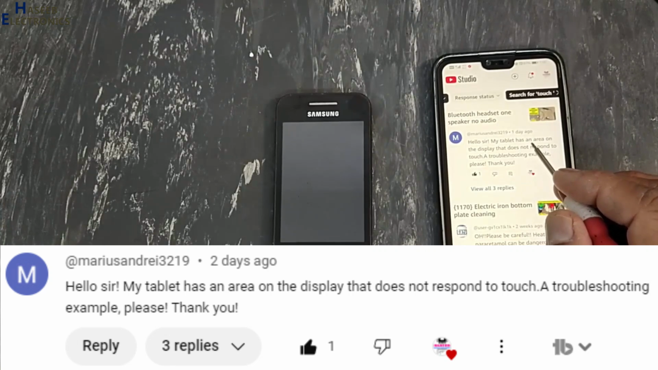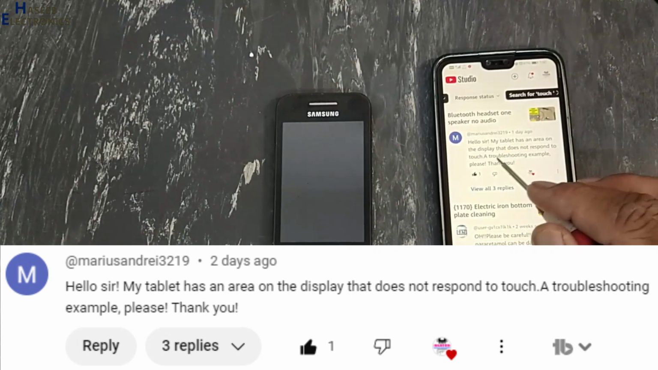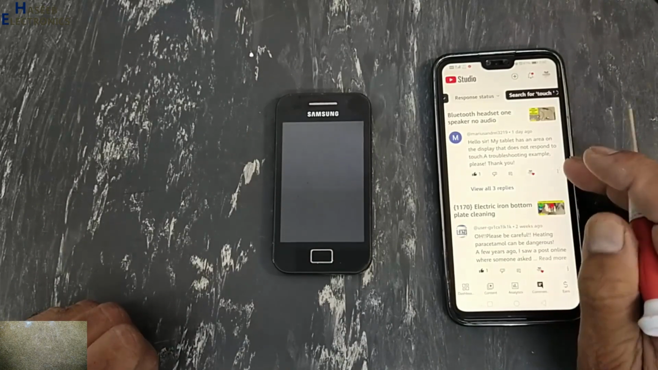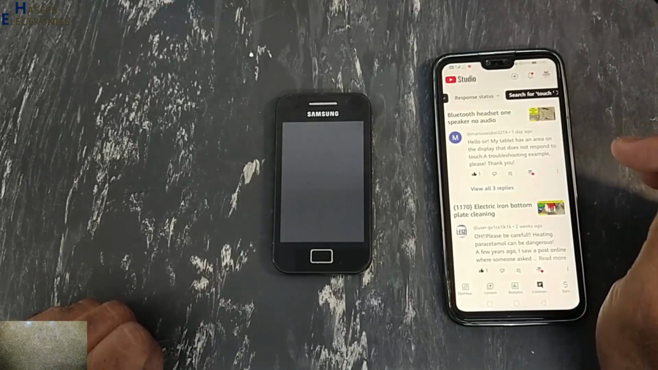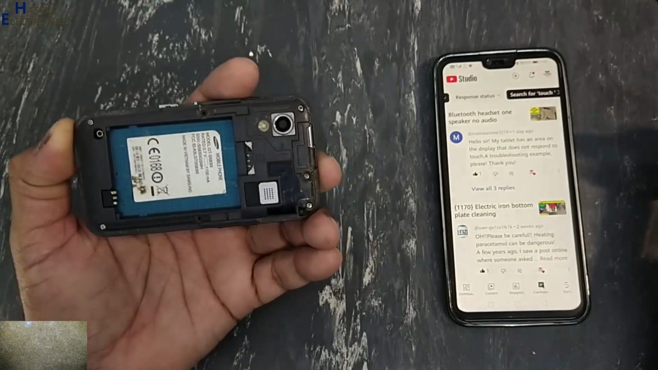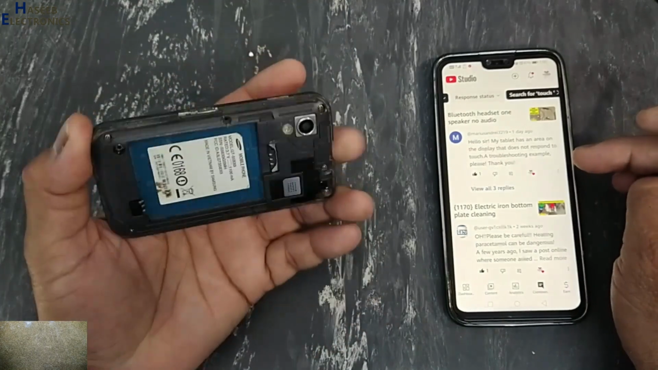My tablet has an area on the display that does not respond to the touch. A troubleshooting example, please. This is a question from my viewer. I don't have a tablet. I will use this old model telephone from Samsung